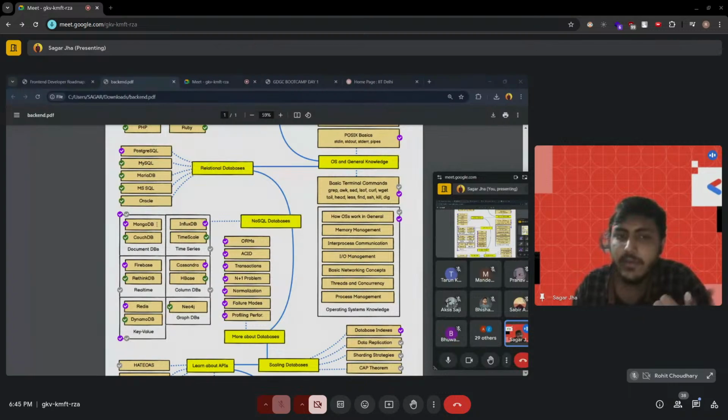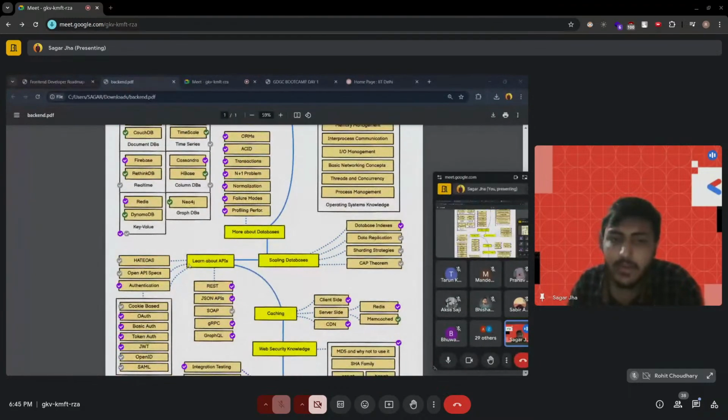डाटाबेस। मोंगोडीबी हो गया, इनफ्लक्स डीबी हो गया, टाइम स्केल हो गया, डॉक्यूमेंट्स वगैरह की जितनी है। जैसे आप कोई भी साइट पे लॉगिन कर रहे हो, वहाँ पे अपना डाटा स्टोर कर रहे हो, सो दैट इज डाटाबेस, नथिंग मोर देन दैट। फिर सारे डाटाबेस के बारे में लिखा है। फिर आपको एपीआईज के बारे में आना चाहिए, कैसे